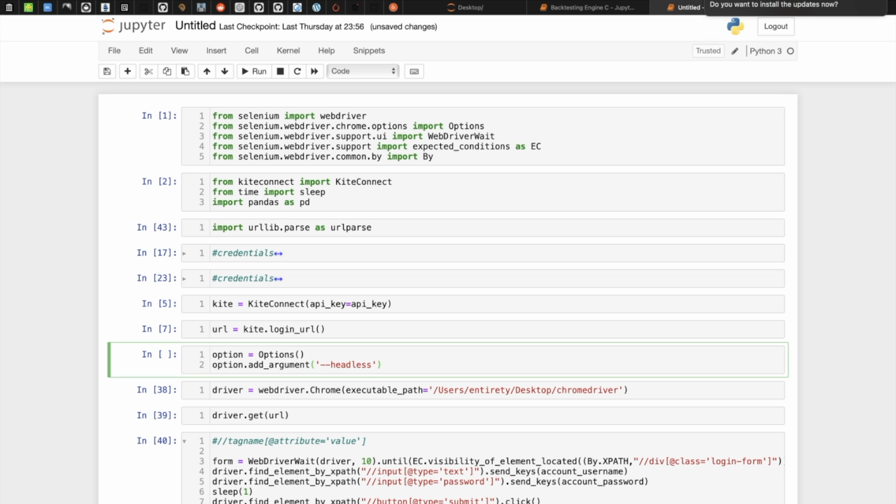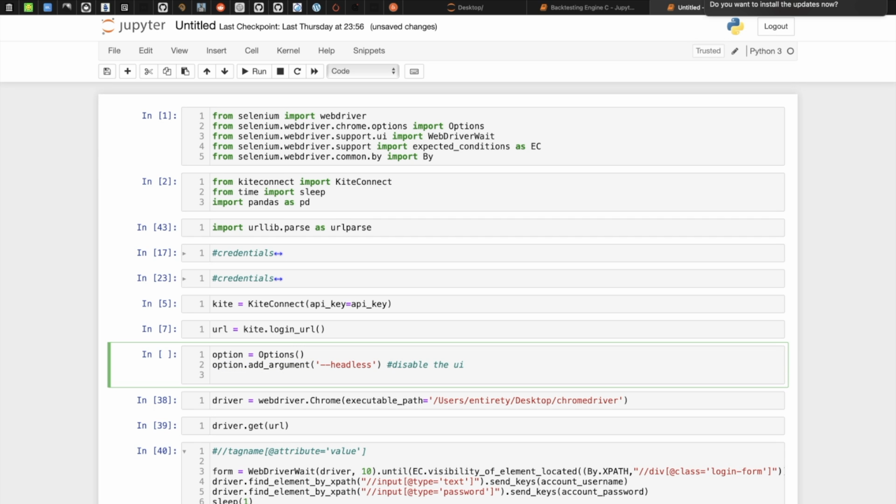So this is basically meant to disable the UI, or the user interface. There is one supporting module, in the name of disable GPU, for Windows actually, but we can run this anywhere. So if we just run this, the next time the WebDriver won't be visible in the graphical version.